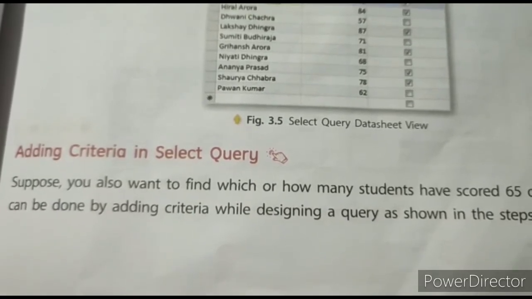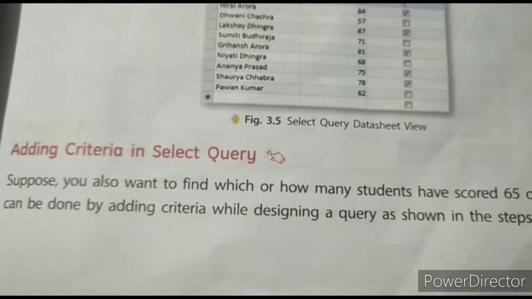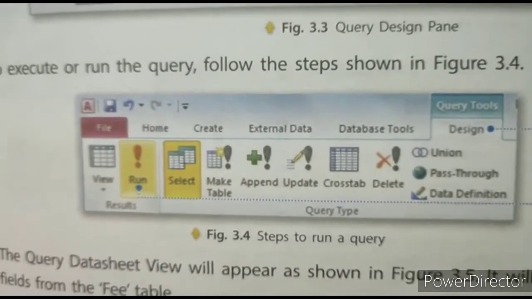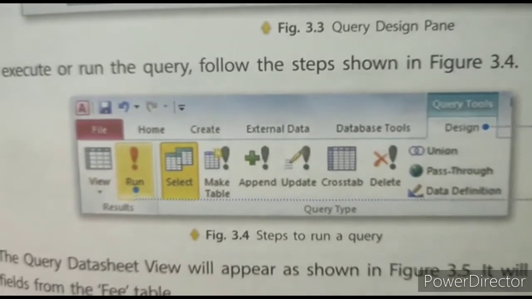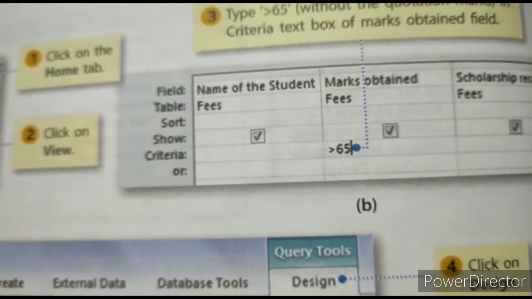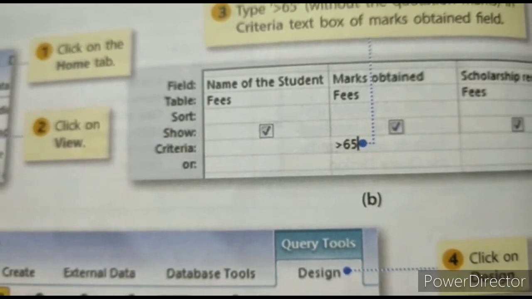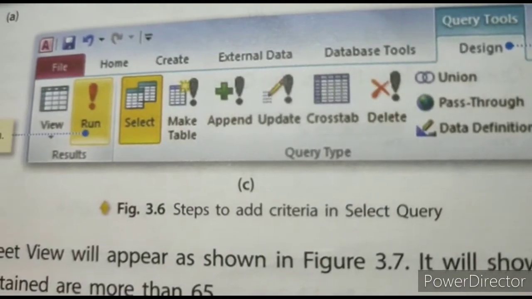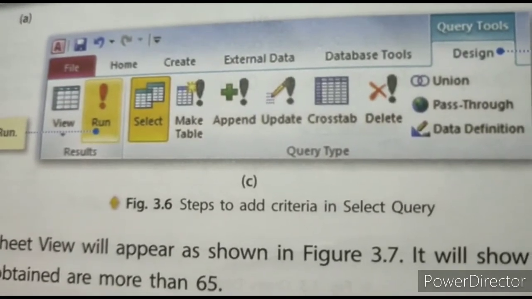Suppose you want to find only those students who have scored 65 or more marks, then type greater than 65 without quotation marks in the criteria text box as shown in the picture. Then click on Design and click on Run as shown in the picture.